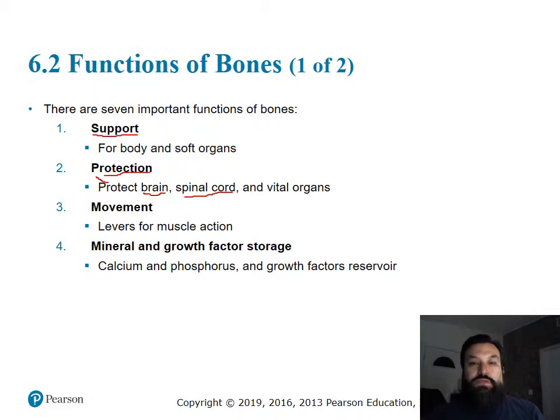Bones protect cells and organs, right? A great example is the heart, held inside this rib cage. It's a big cage protecting the heart,